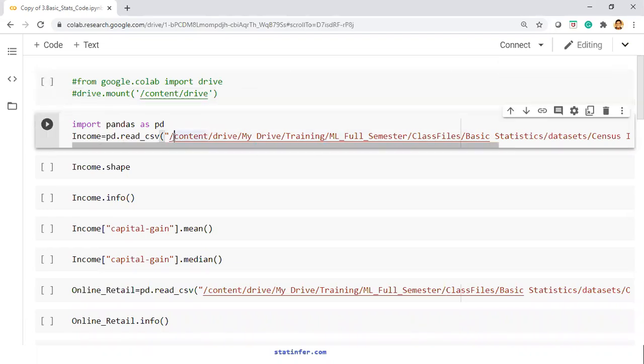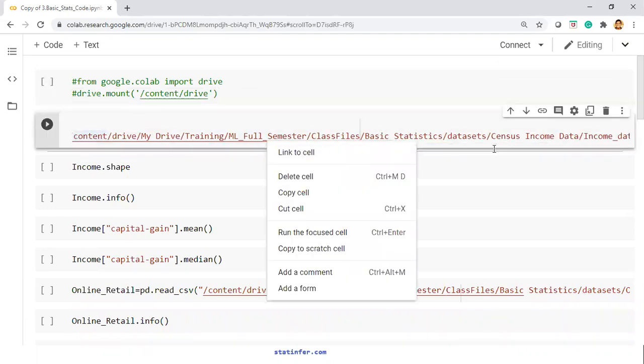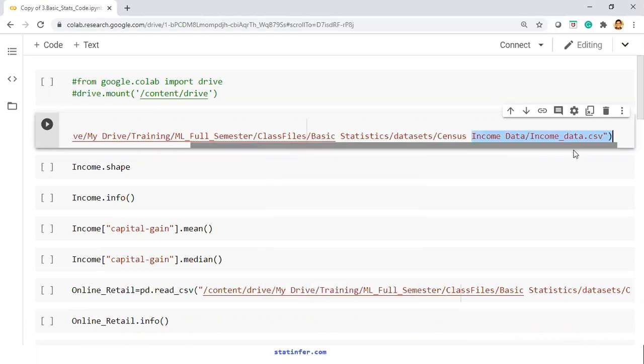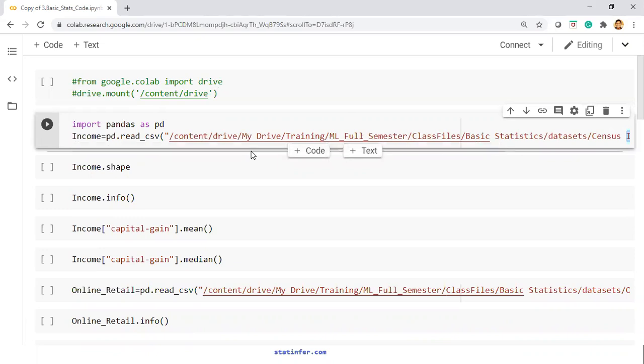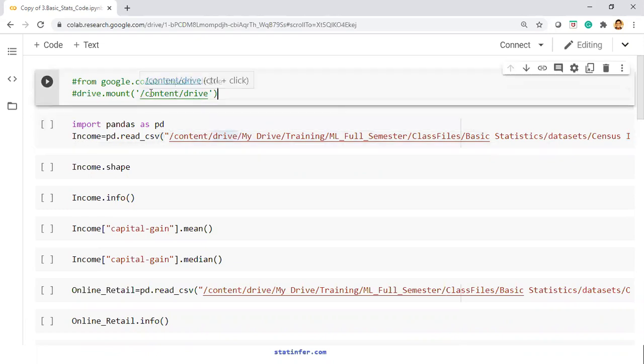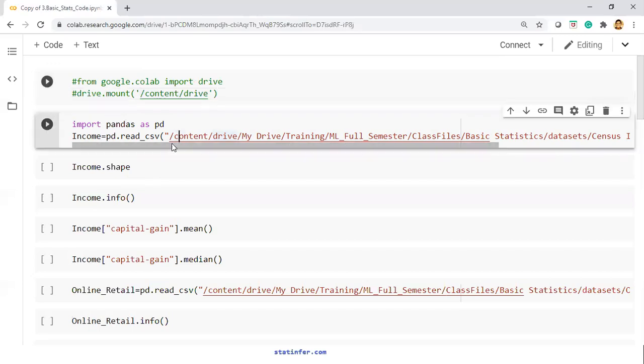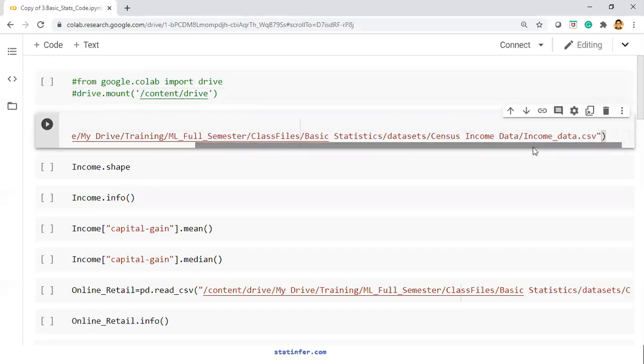Here the data set has been stored directly on GitHub. You can directly access it using this direct path link. So we will take this from the GitHub location, or if this data set is in your internal drive, then we may have to first mount the drive. After mounting the drive, we may have to import this.